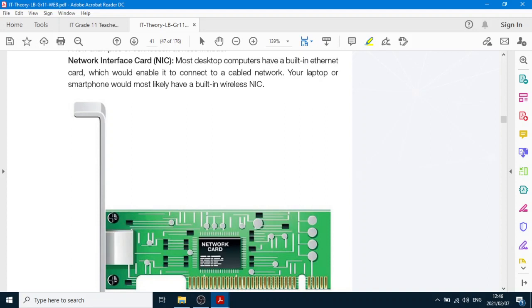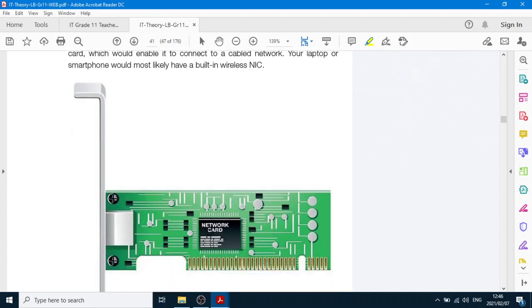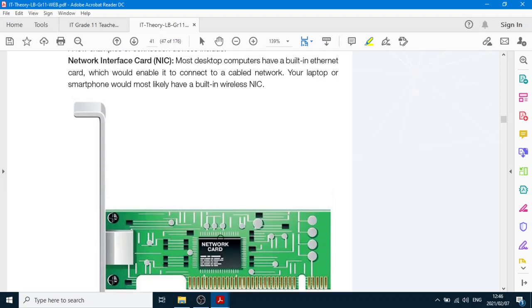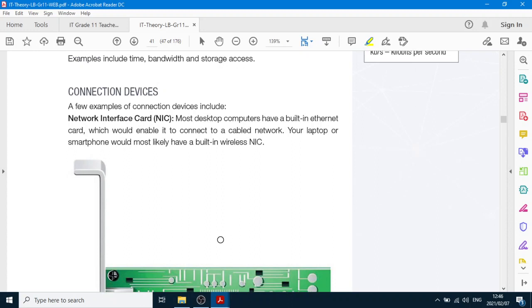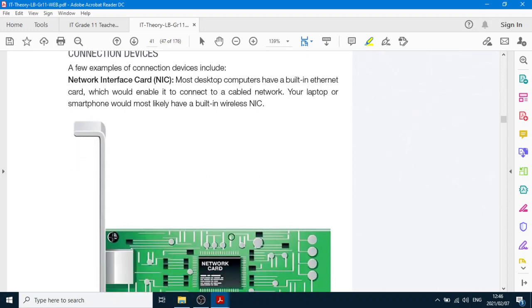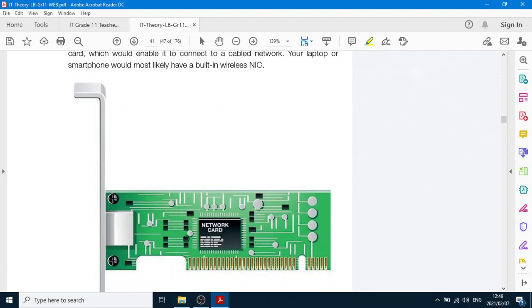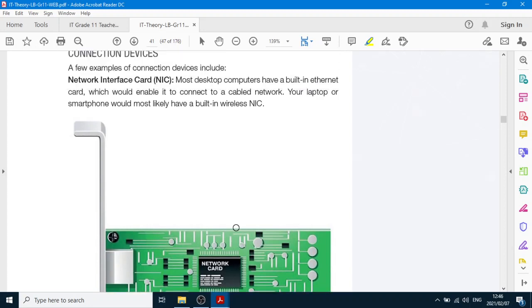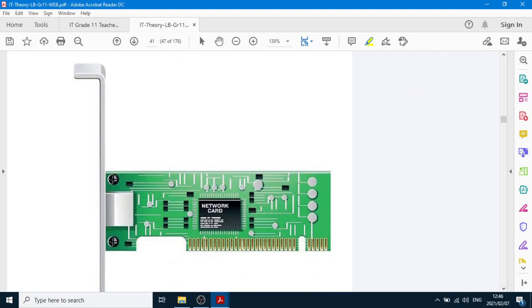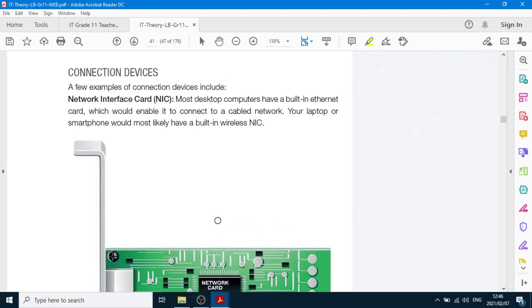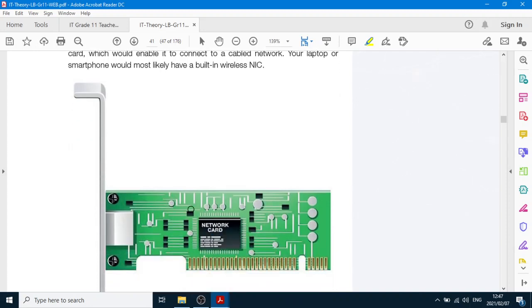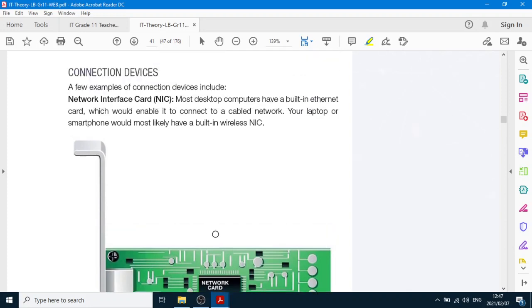And then the IP address is the address of your computer on a network. If you are in a LAN, like at school, the IP addresses of your computers are allocated to you via the software, the firewall software connected to the router. And if you're on the internet, your IP address is allocated to your computer by the ISP, the internet service provider, like Telkom, and then that will be linked to your MAC address on your computer, which is the physical address.